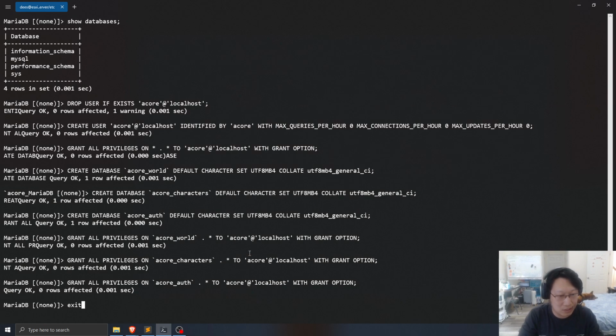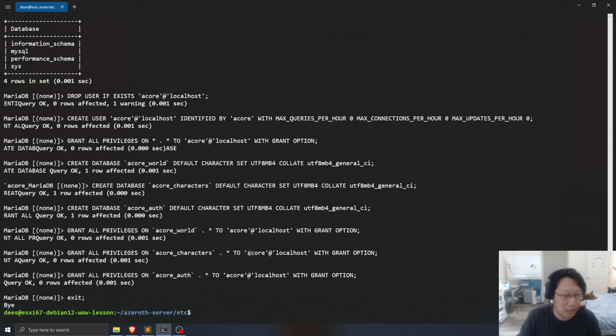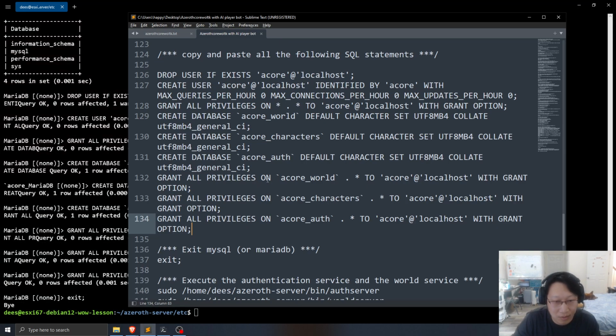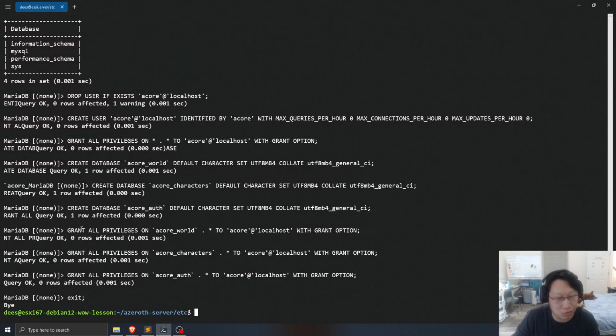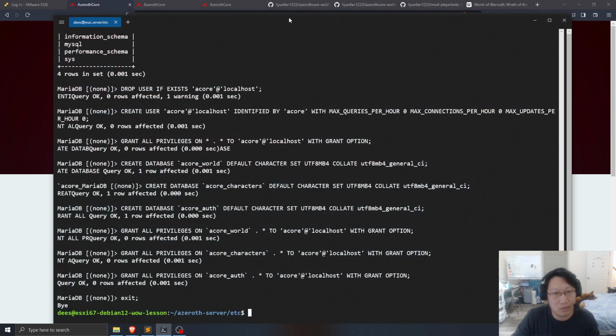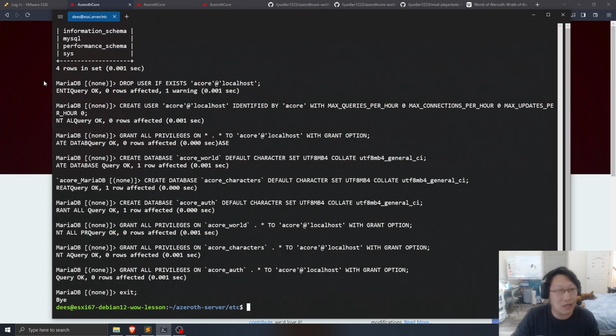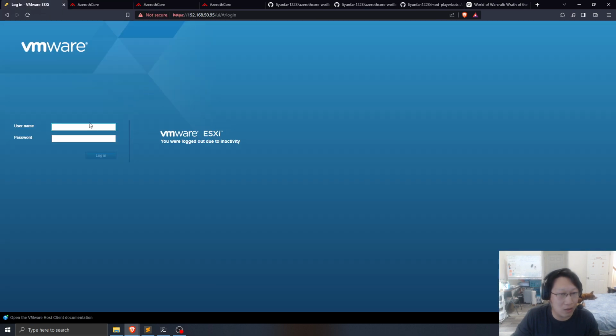Now I can use this command to get out of the database back to the terminal. And I think at this moment I've set up everything already, so I should be able to run the game server now. But I don't want to run it on the terminal on my local machine. That is the reason why I want my Linux machine to have a graphical user interface. But before that,